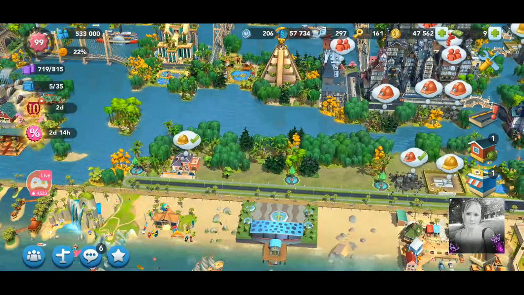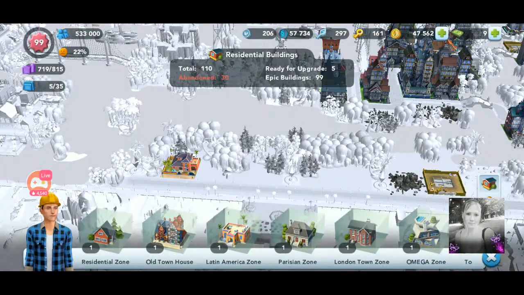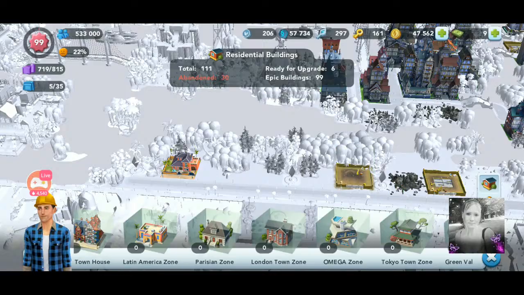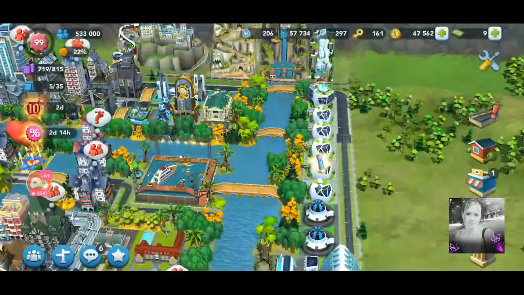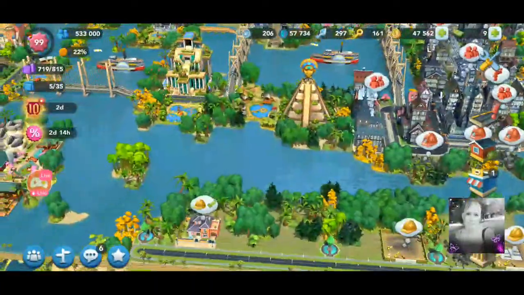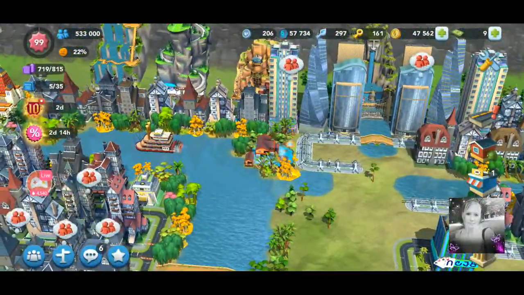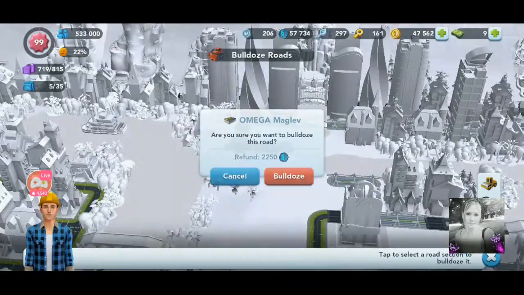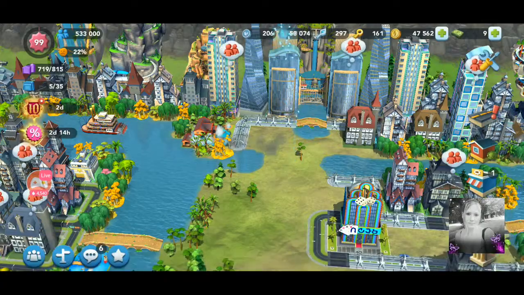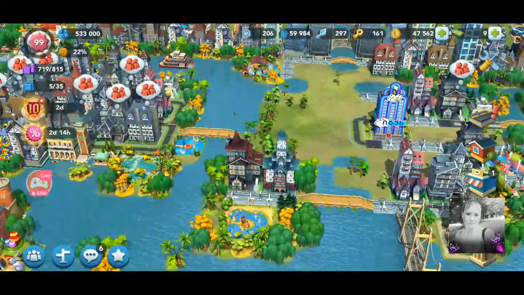Okay, let's see. Where the fuck? What was I doing? Oh, the Omega home. That's what I was like, wait a minute. I got to get that stupid assignment going. Okay. Have I mentioned I hate Omega stuff? Hate. All right, bulldoze that road. And I don't know if I'm going to bulldoze that one just yet. Okay, so